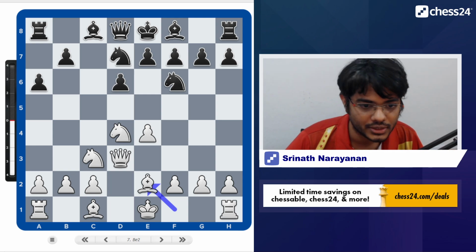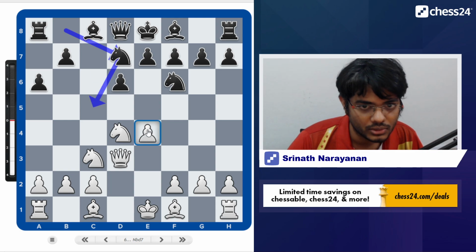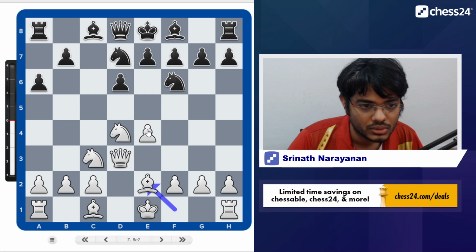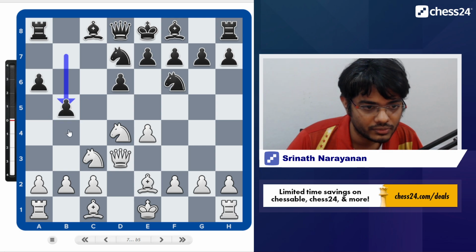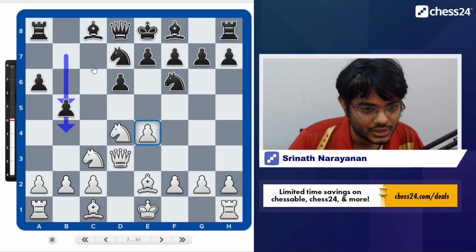And this is what black is trying to do. With Nd7, the knight is trying to come to c5 to attack the e4 pawn. And after Be2, b5, a4, the point of b5 is to play b4 and take control of the e4 square, which black tries to attack and capture.